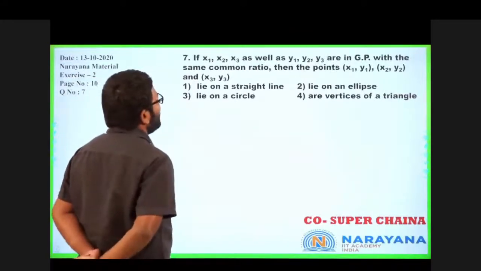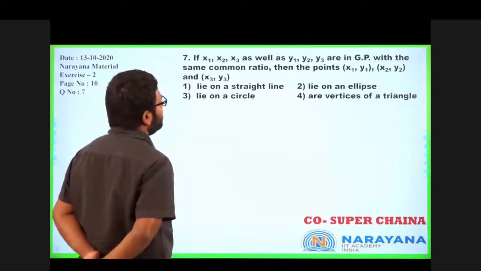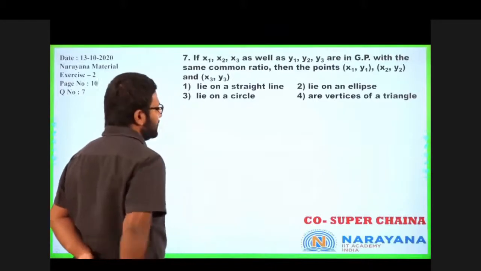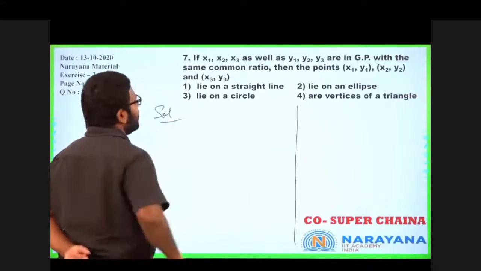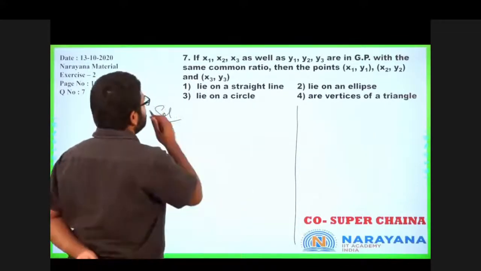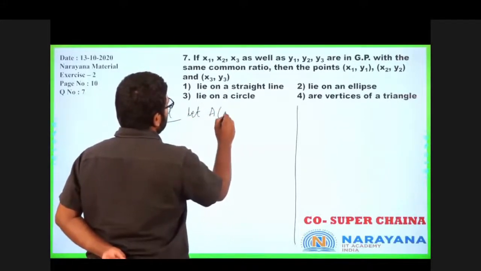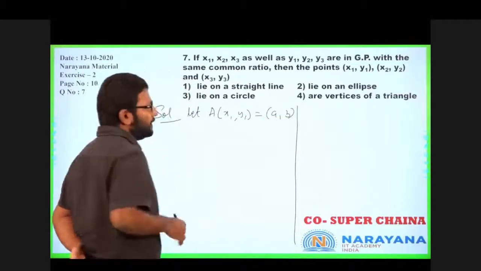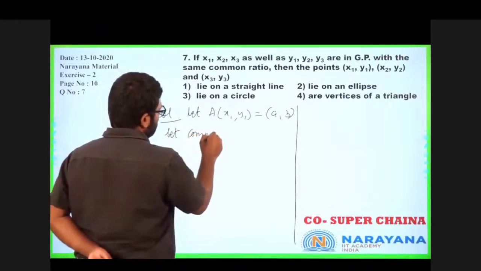If x1, x2, x3 as well as y1, y2, y3 are in GP with the same common ratio, then the points x1, y1, x2, y2, x3, y3 lie on a straight line, lie on an ellipse, lie on a circle, or are the vertices of a triangle. Alright, so first of all these points are in GP with the same common ratio. So let us take the common ratio as R. So we will say let A x1 comma y1 be the point A comma B, okay, for our convenience, and let common ratio